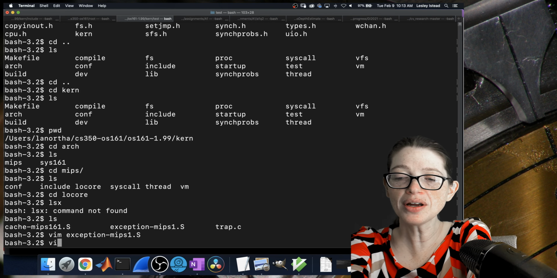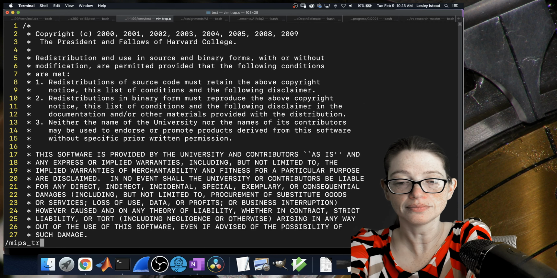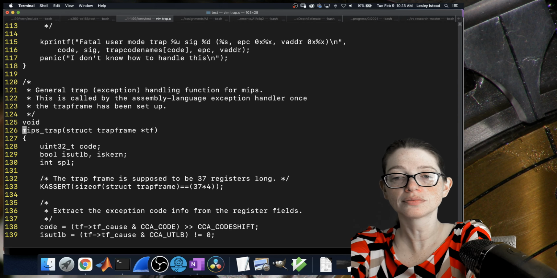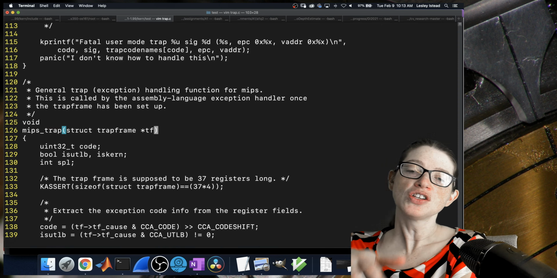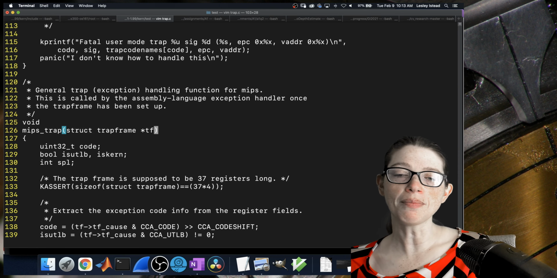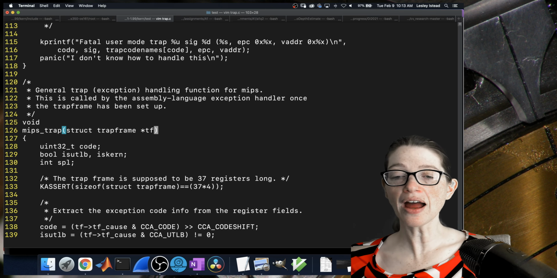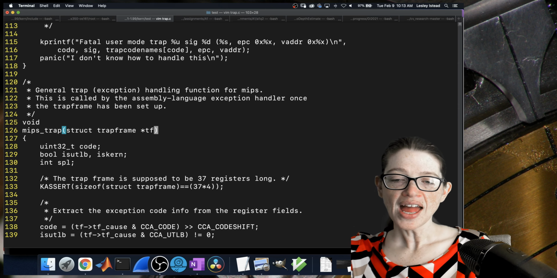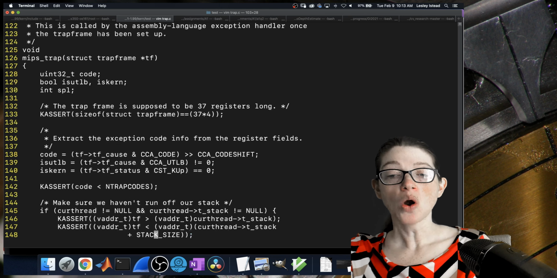All right, so now we're going to go into trap.c and look at MIPS trap. MIPS trap takes a pointer to the trap frame. They've actually encapsulated the trap frames in a structure here, but it's just a pointer to a place on the stack, really. And what's going to happen inside of MIPS trap is we're going to figure out what kind